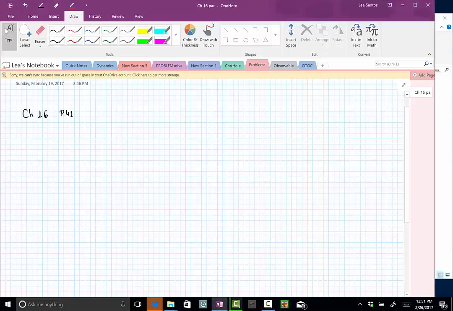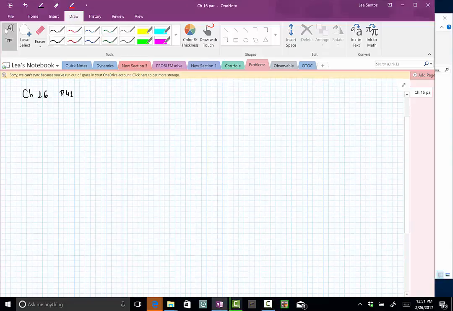This is problem 41 of chapter 16 of Giancoli 6th edition. What we have is an electron. They give us the mass of this electron, and it's accelerated in the uniform field. So they give us the magnitude of this uniform electric field, which is coming